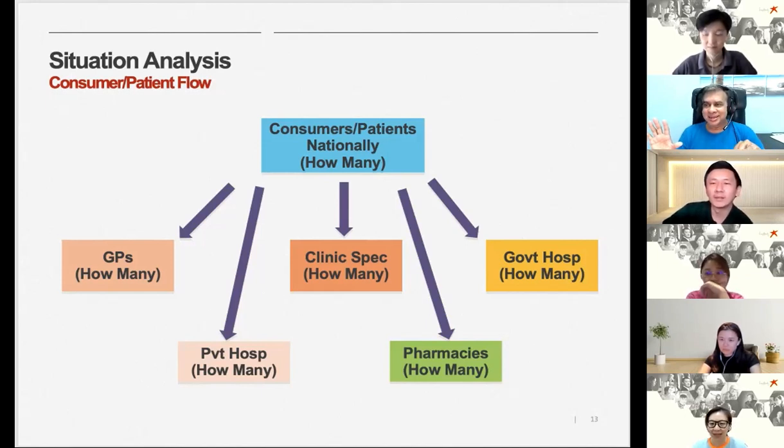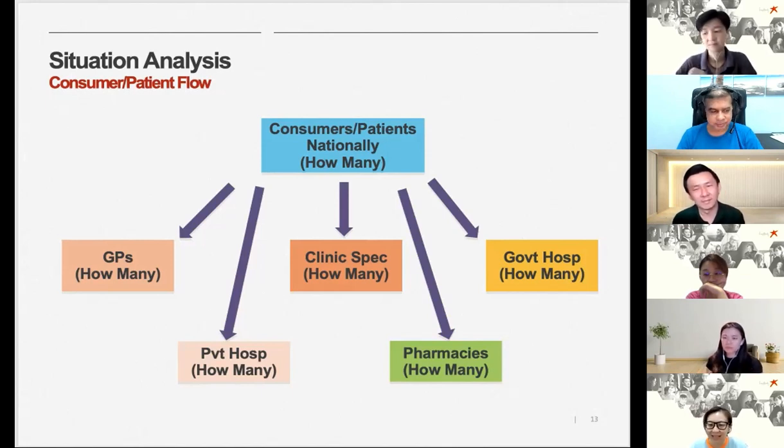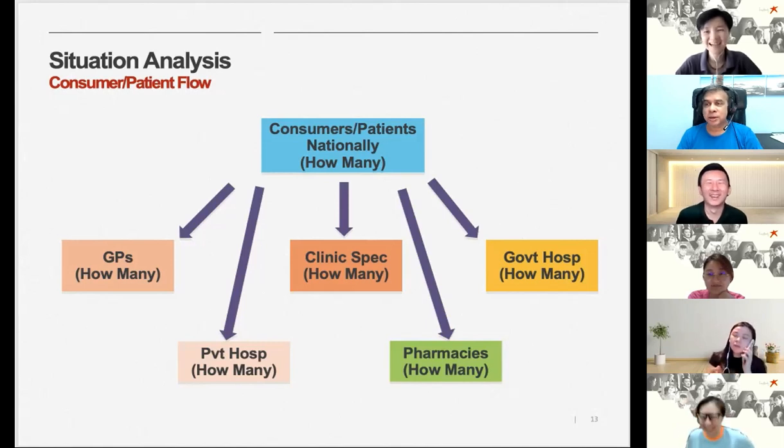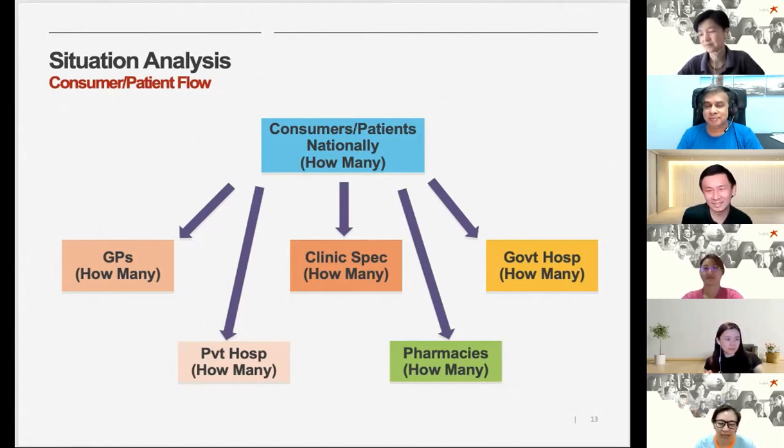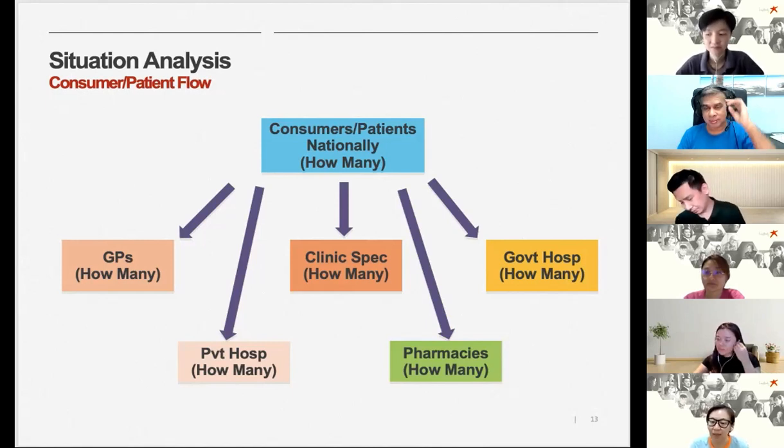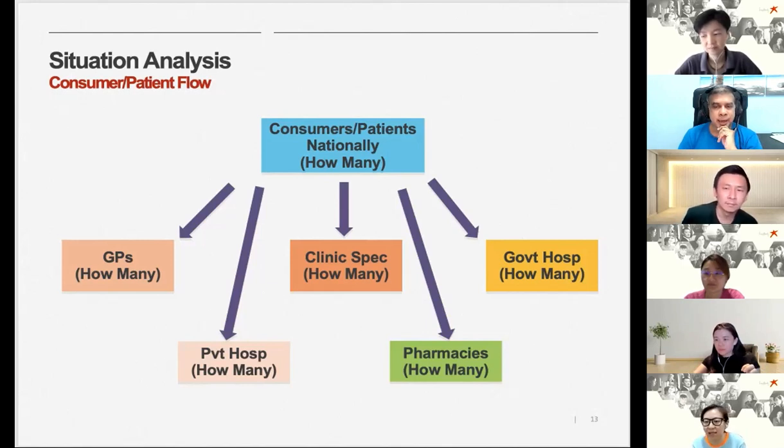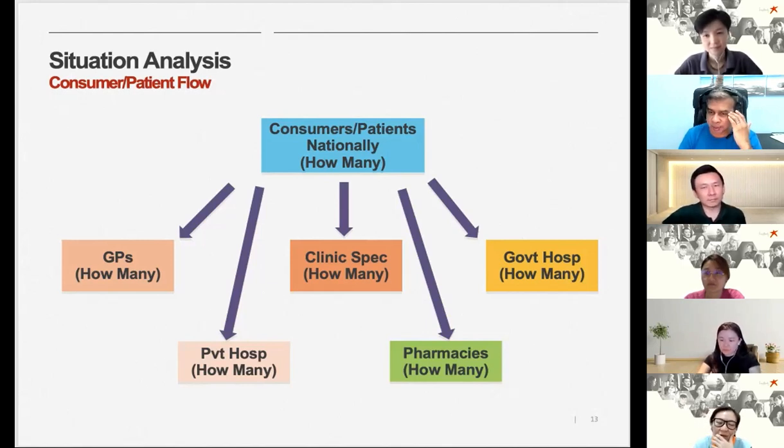Can I add something? Yes, Doreen. I think, yes, we need to do something, but if we were to do something, it's not just one-off. And whether we have the money to do it in the long term also. Absolutely. And I think our government now is very good lah. They give money to public health to raise awareness on mental health. So let them do. This year they give a lot of money actually, in the millions. Yeah. So that's a good point that Doreen is bringing up: how much money and how consistent you're going to be.